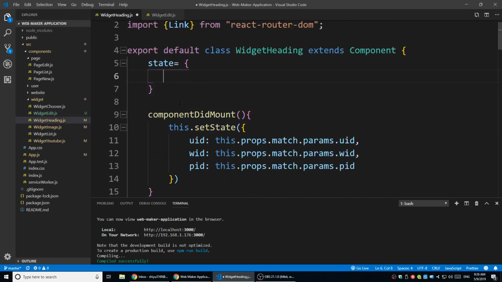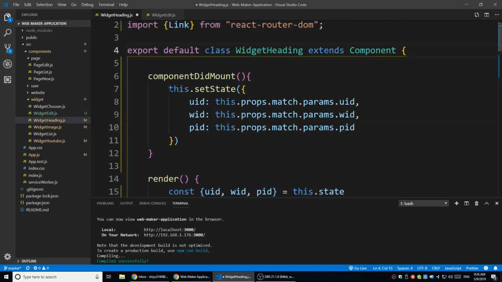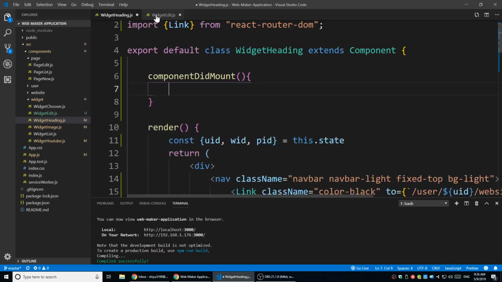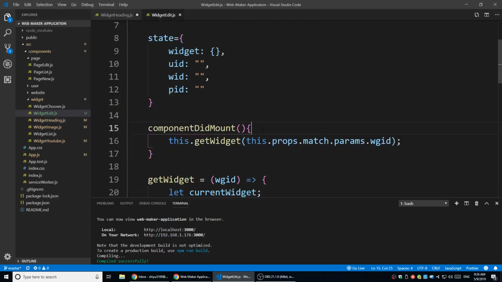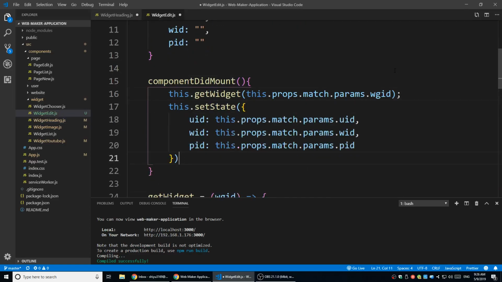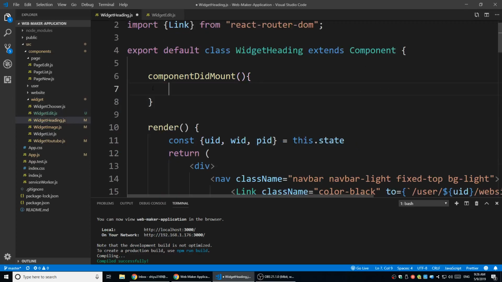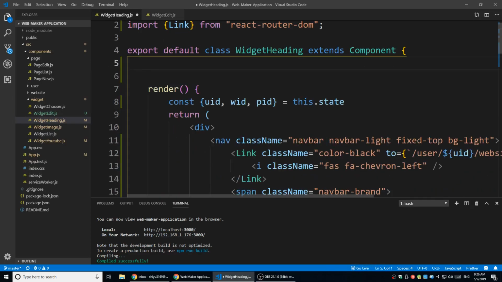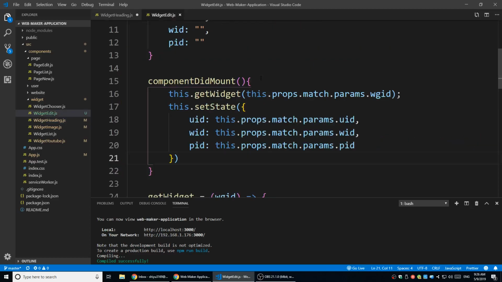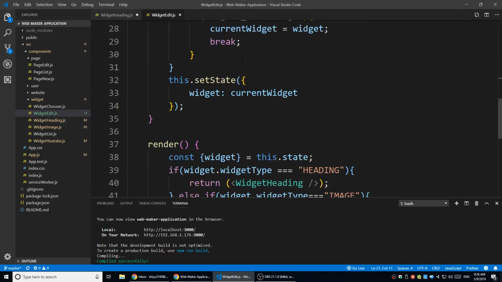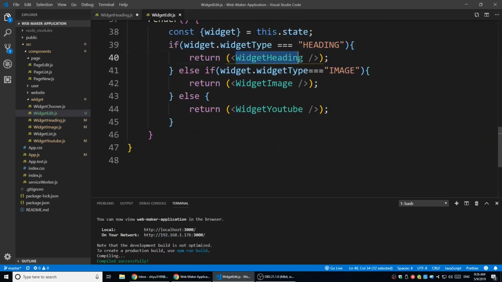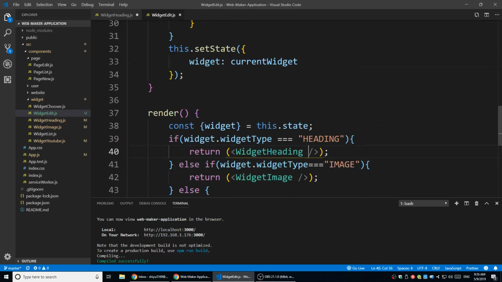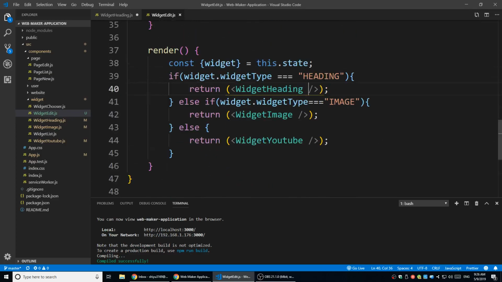And also we're going to get rid of a state, and the componentDidMount, the save state, we're also going to put that into the widget edit. I put it in here. Right. And then when I send it in, when I call this component, we also pass in those things into it so we can use it over there. For example, we can see